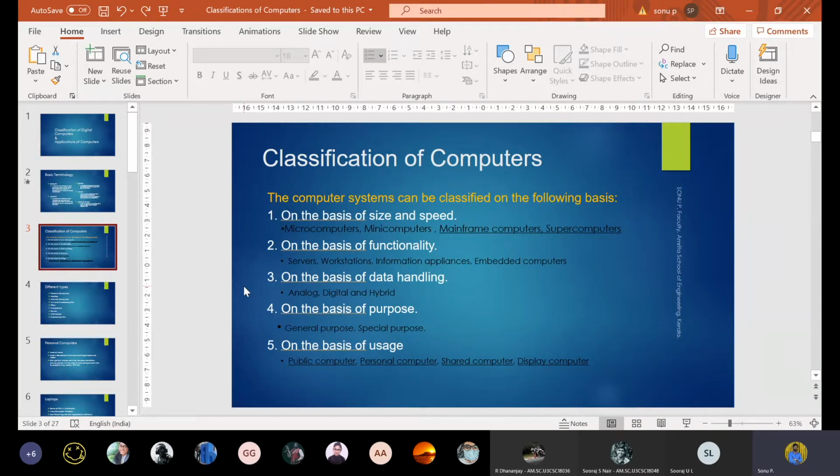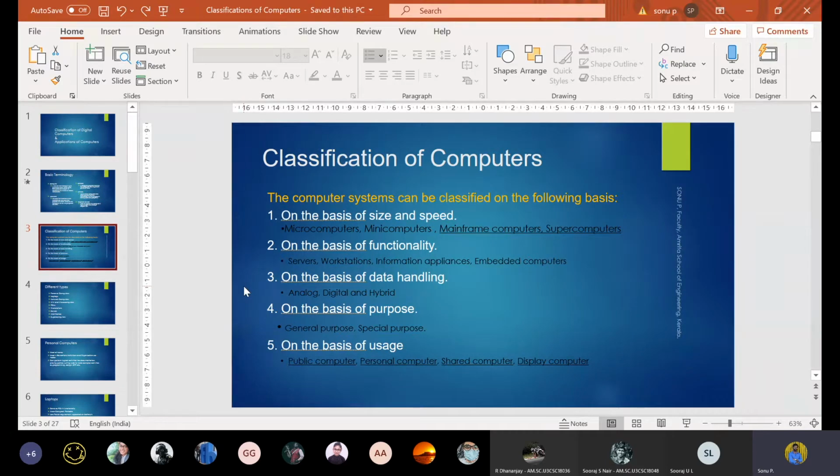But the problem with analog is that it will not provide very accurate results. It will have some errors and biases. But if you come to digital, it will have accurate results. The device will give you the exact result. But the digital device will have a small lag. It is not as fast as an analog signal, because the analog input needs to be converted into binary before being put into a digital computer.